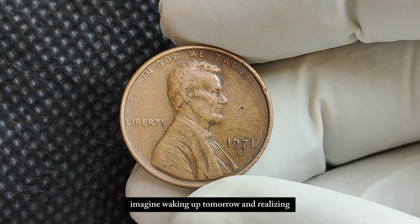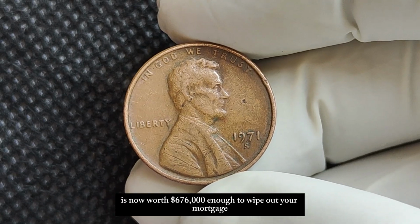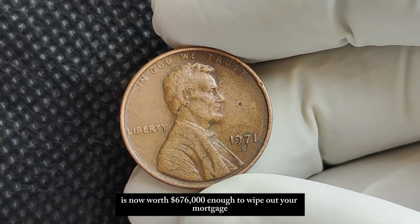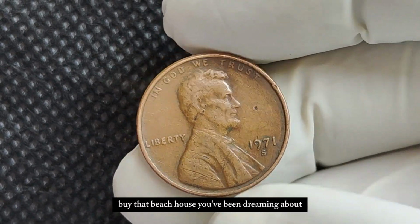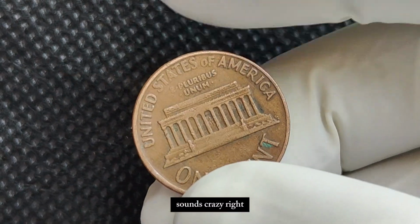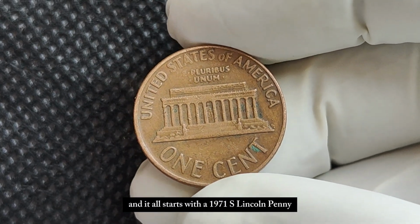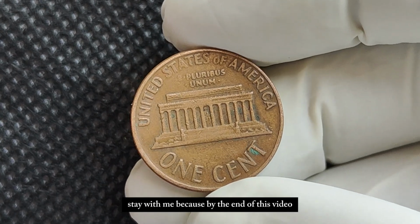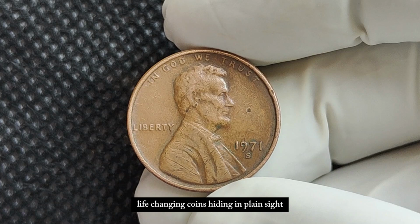Imagine waking up tomorrow and realizing a simple penny you tossed in a jar years ago is now worth $676,000. Enough to wipe out your mortgage, fund your dream lifestyle, and finally buy that beach house you've been dreaming about. Sounds crazy, right? But it's real. And it all starts with a 1971 Lincoln penny. Stay with me, because by the end of this video, you'll know exactly how to spot these life-changing coins hiding